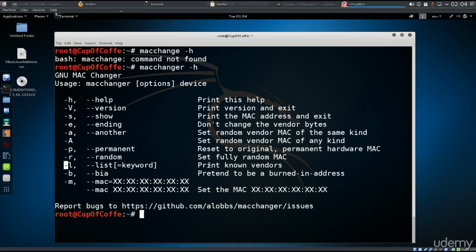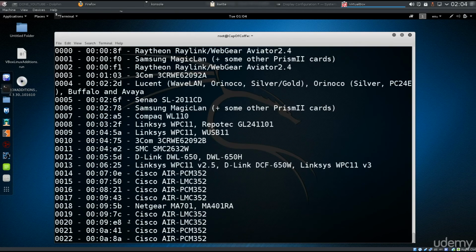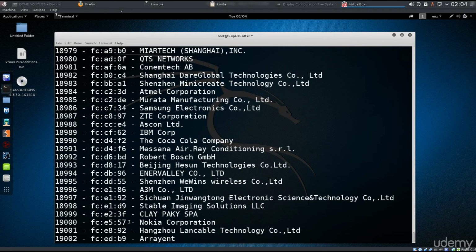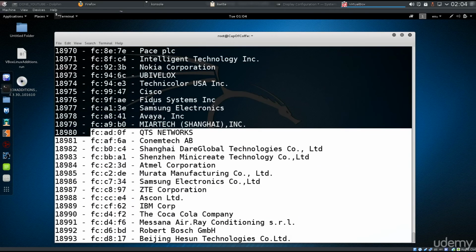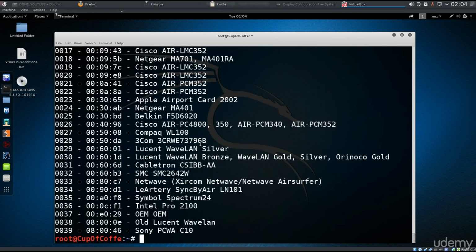-l, okay, so this will print known vendors. You can type in Macchanger -l, and there you go. These are all the known vendors. There's quite a bit of them, and these are vendor bits, so the first 3 sets. If you generate a random one, you will fall within one of these. You will be identified as having a network card that belongs to some of these vendors,